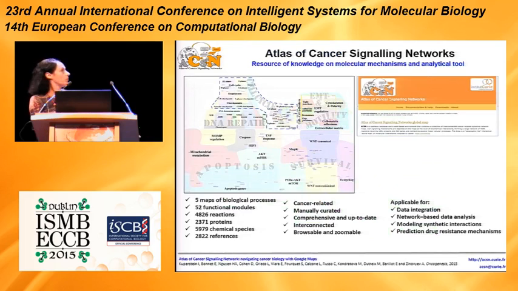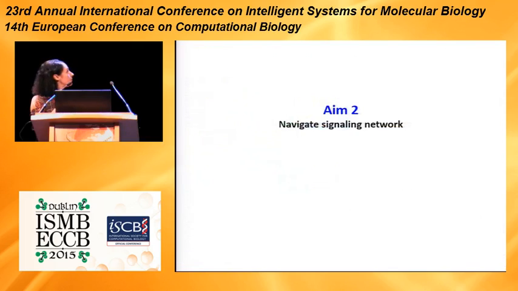This resource is open source. You can visit the website. Of course, it's an ongoing process, as with any other signaling resource, because knowledge comes in every day. You can learn about the statistics a bit. So far, there are 5 big maps composed of 52 functional modules. They're all interactive and interconnected. The map can be observed as a whole, or each individual submap or submodule can be visualized as a separate map with a unique separate layout adapted for better visualization.